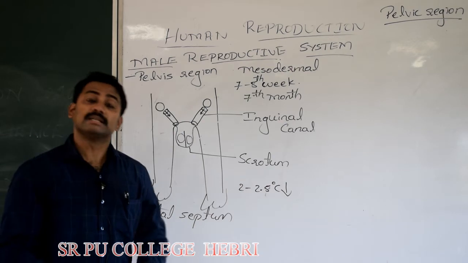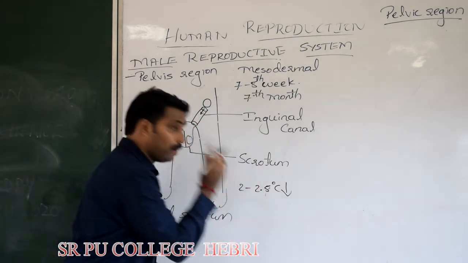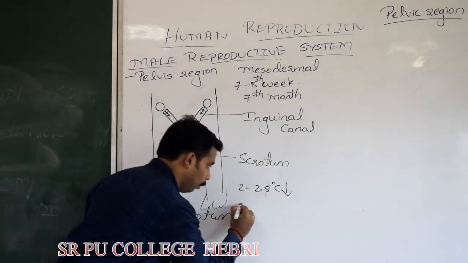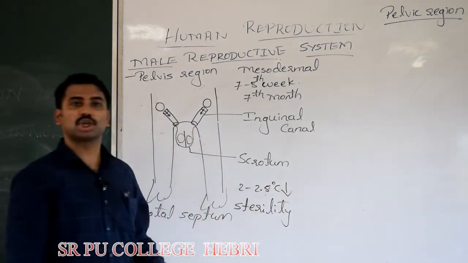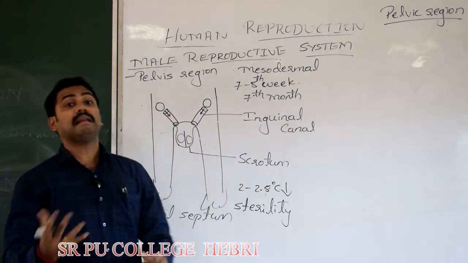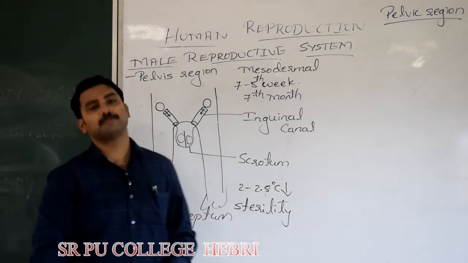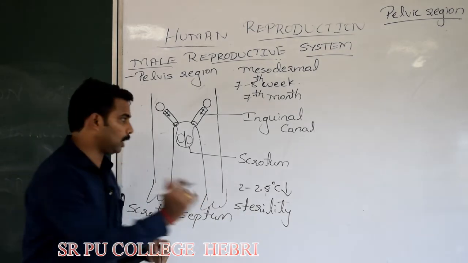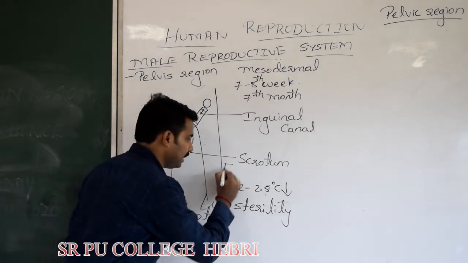Is that clear? Suppose the scrotum fails to maintain a lower temperature than the body temperature, it may result in what? Sterility. The testis fails to produce sperm because a lower temperature is required. Who maintains the lower temperature? The scrotum. That is the reason why the scrotum is also called